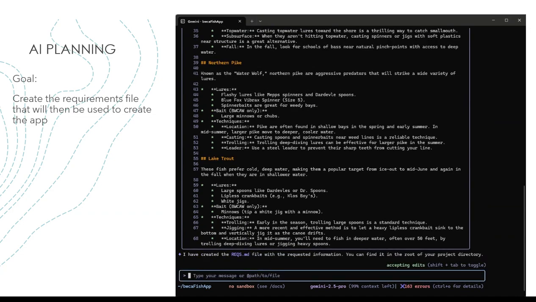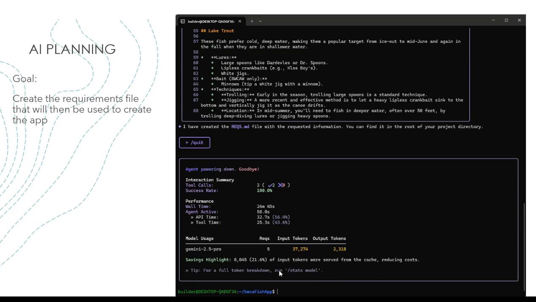So you see it's creating the requirements file and saving it. The reason I do it this way is that I get the requirements in and I can now iterate on them bits at a time. And I found it to be a really successful pattern for using AI coding tools. Get your requirements down to exactly how you want it and then iterate, iterate, iterate. And you can see that I've used